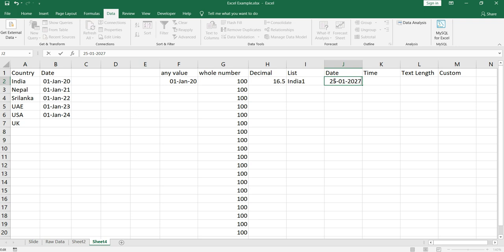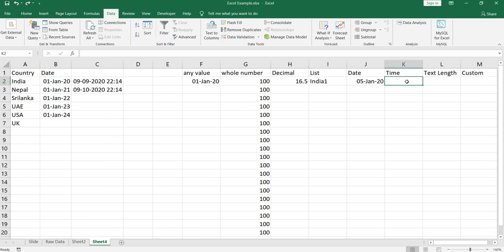Then if I click on cancel, it will take 25th January 2020 as the date. Okay, so by default what date validation does is that it takes the date part separately, the month part separately, and the year part separately. So it will keep the same date and month part, but by default it will take the least year within your validation range which you had given. So in my case the least range is 01 January 2020.